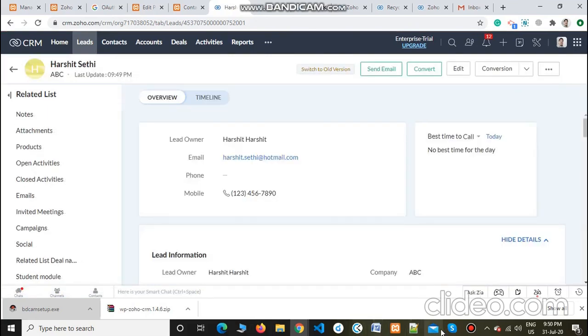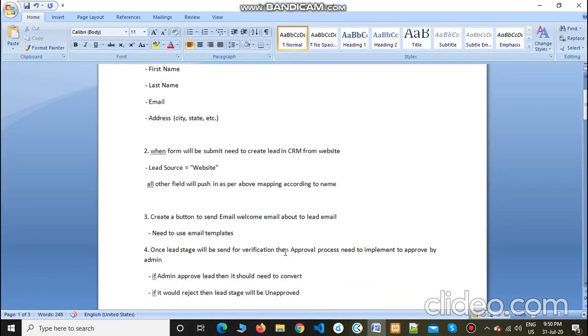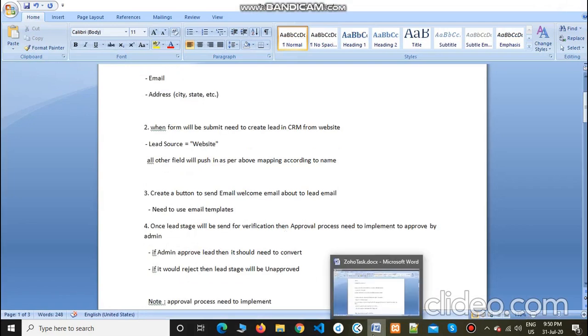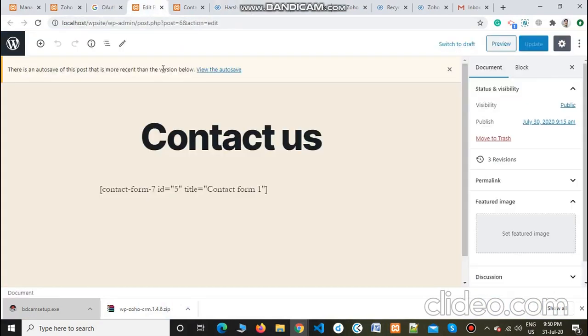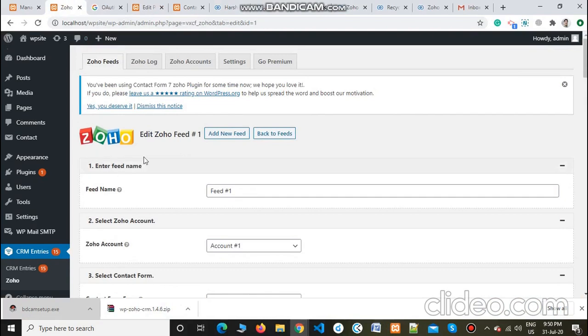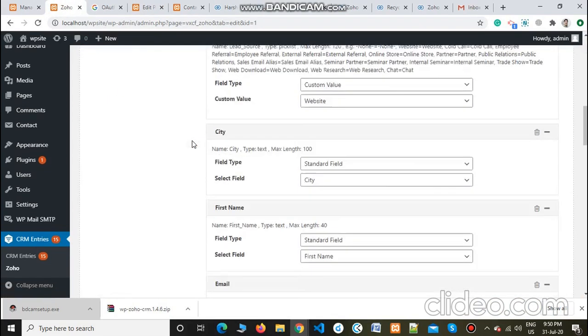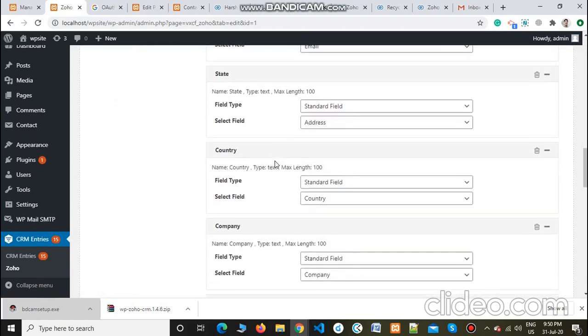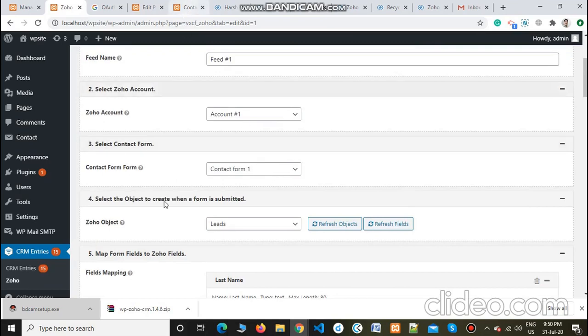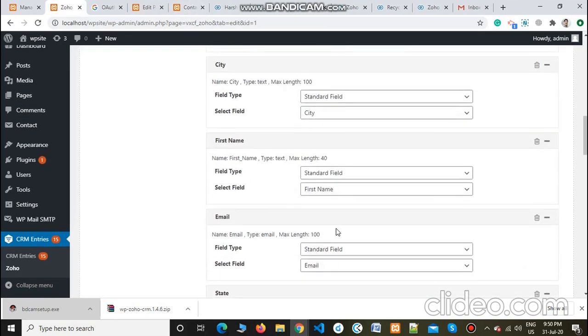Now, the very next step is to create a button. For linking the web application, I have used a Zoho feed form plugin, where I am mapping all the fields with the selected fields, meaning all the fields of the lead module would be mapped to the Zoho CRM.